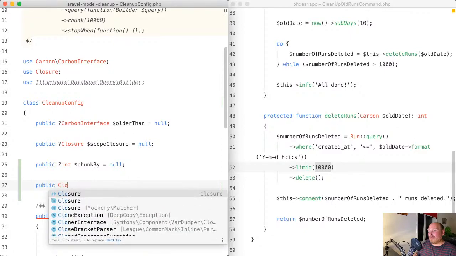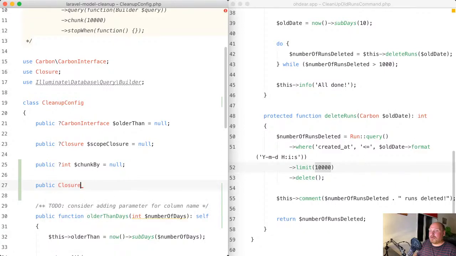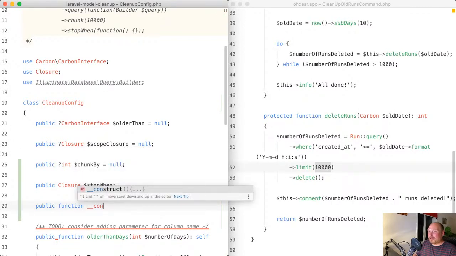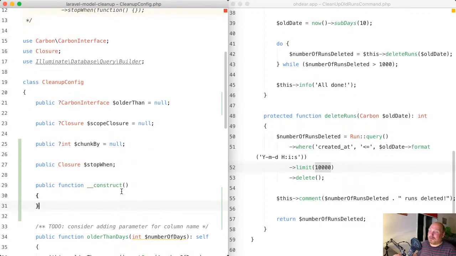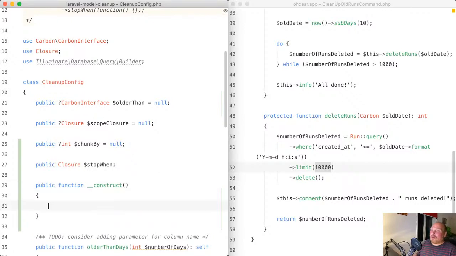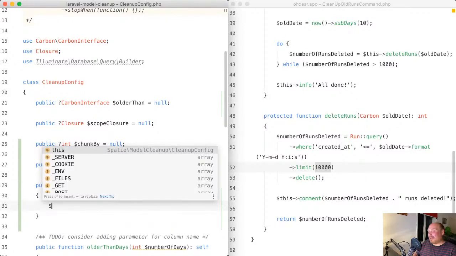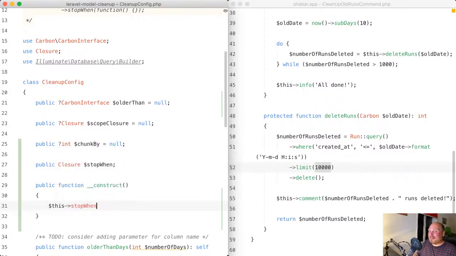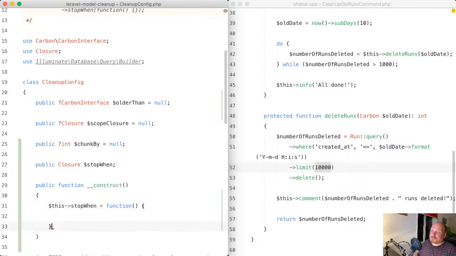Public closure, stop when. And I'm actually going to initialize it here in the constructor, so we always have a default implementation, and I think the default implementation is we accept a function